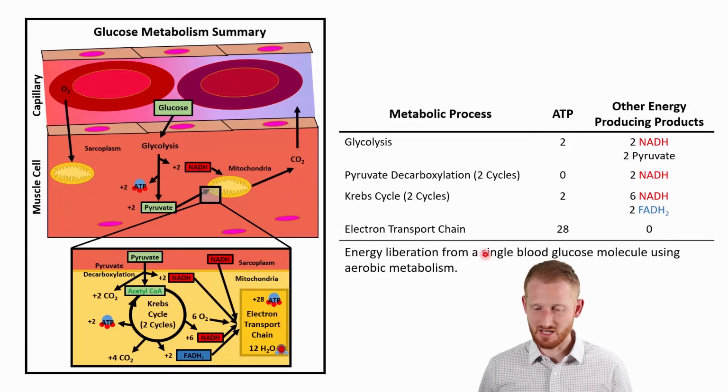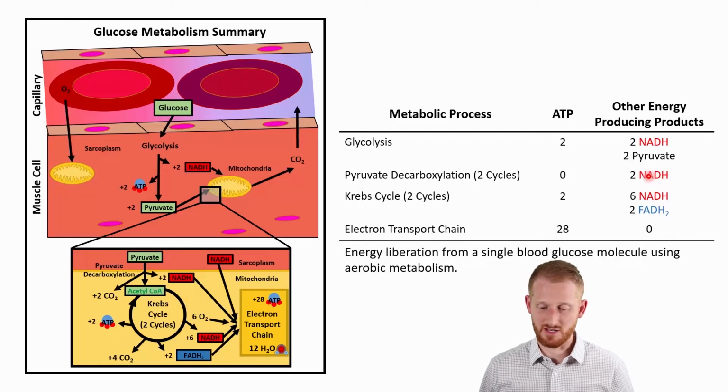So looking at this table here to summarize what we're getting out of each part of the process, we have glycolysis, which is going to produce 2 ATP molecules, 2 NADHs, and 2 pyruvate molecules. Again, assuming that aerobic metabolism is keeping up with glycolysis. We have pyruvate decarboxylation, which is a process I didn't really talk about a whole lot here, but it's this process of turning pyruvate into acetyl-CoA that's going to produce 2 NADHs right here, which is what's listed under the other products of